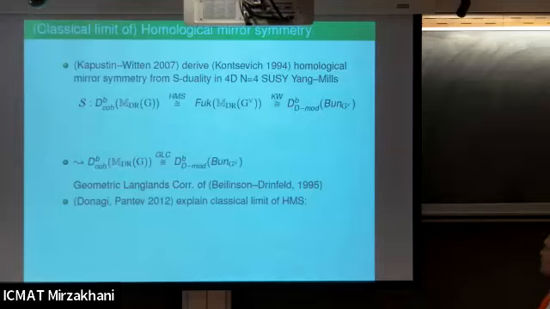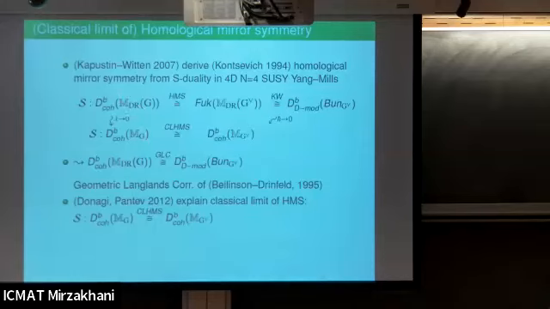For us, we will use a simplification of these categories. There is a natural way to deform both sides of this proposed equivalence, and that Donagi and Pantev call the classical limit of homological mirror symmetry. So here you can put into lambda connection moduli space these flat connections, and this way you can degenerate the flat connection moduli space to the Higgs moduli space.